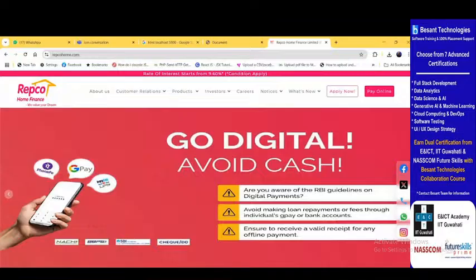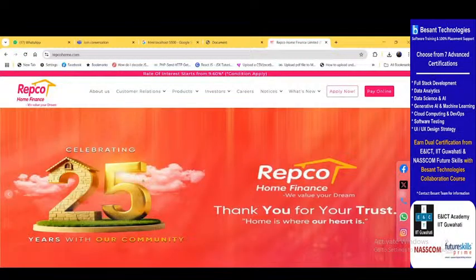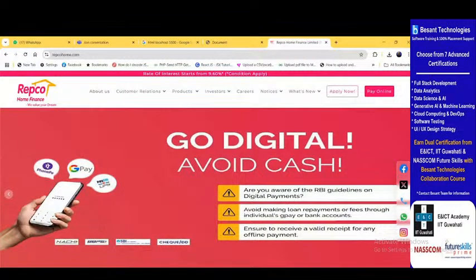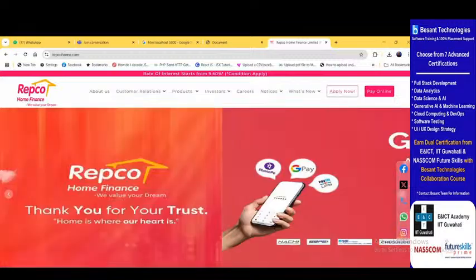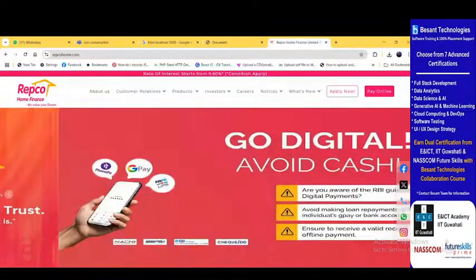Can anyone explain what JavaScript is? It is used to create dynamic web pages. Yeah, exactly, Venkatesh, correct. Whatever Venkatesh said is the perfect answer. So what it means,